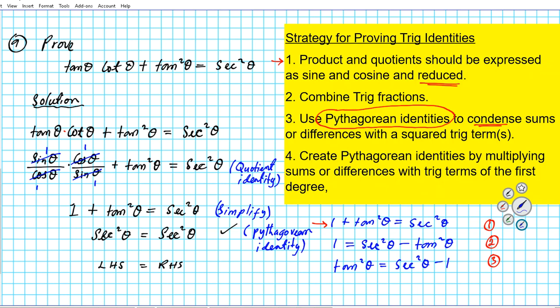Alrighty, so that's how you show that tan theta cotangent theta plus tan squared theta is equal to secant square